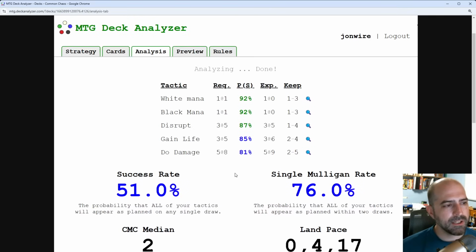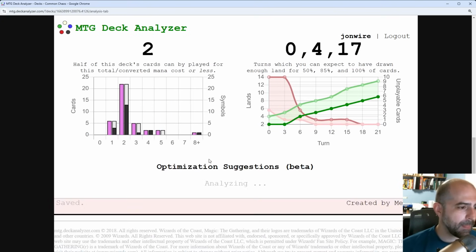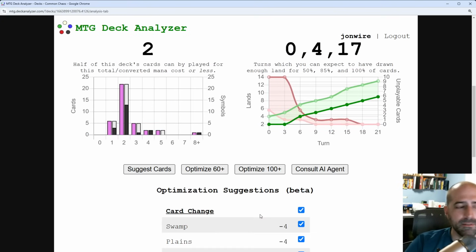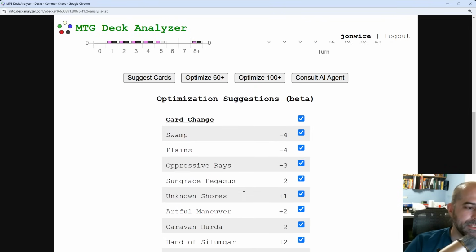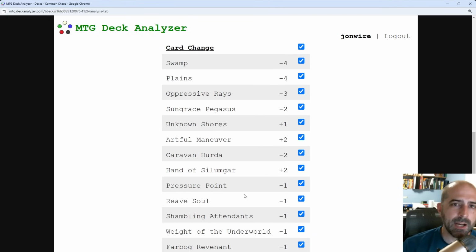All right, so how do I fix that? Man, I really don't want to think and go through and figure out which cards are assigned to Disrupt and Gain Life and which ones are assigned to do damage and gain life or do damage and disrupt, and all of these different categories, and figure out what the precise right balance is to make this number the maximum and this number the minimum, and also maximize on card potency. Oh man, that's a lot of work. Well, I've added this button right here that I just clicked. The Optimize 60 Plus will tell me, using complex computer sciencey stuff, what the optimal balance is,